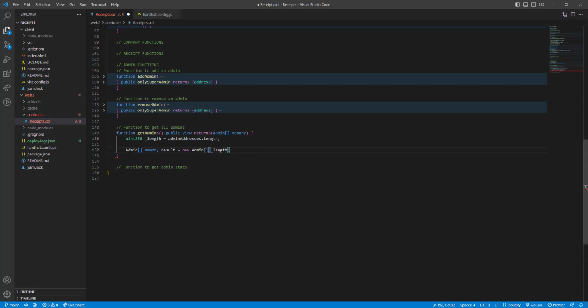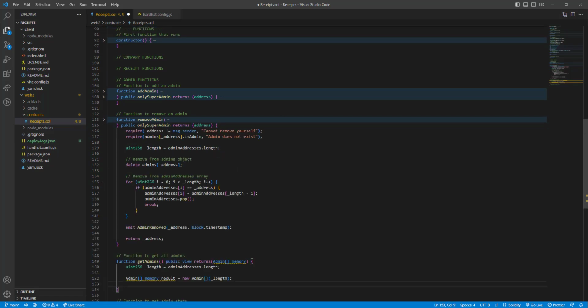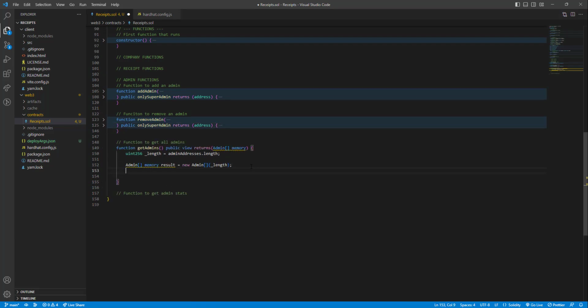So what we're doing right now is creating an empty array. You have to give it a length inside the array. So we're going to say the length is going to be the length of the admin addresses, right? And then create the same loop again. So let's just copy that same thing again. Paste it in there. But this time, instead, for i until length,